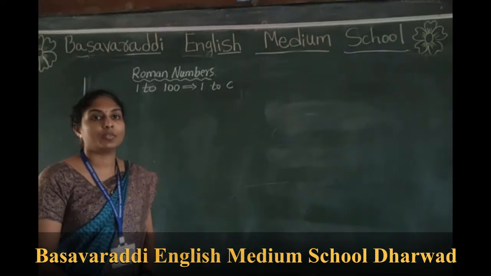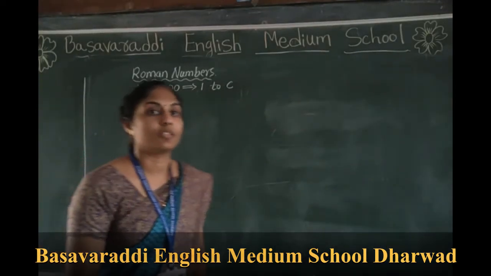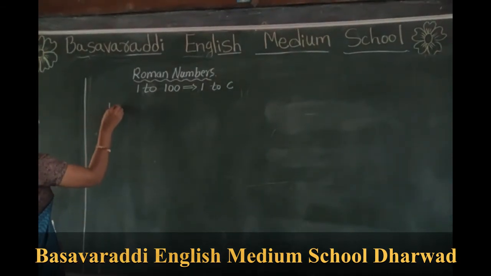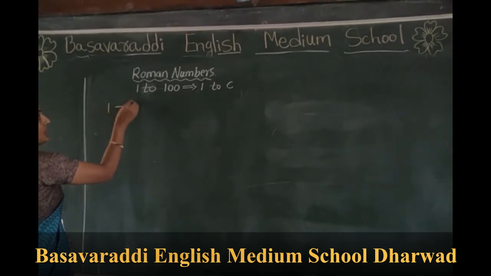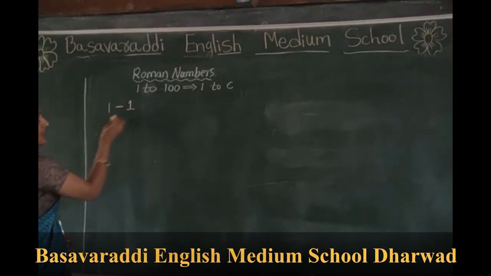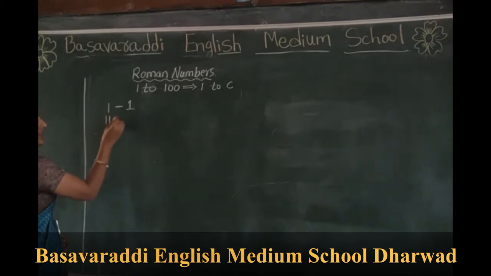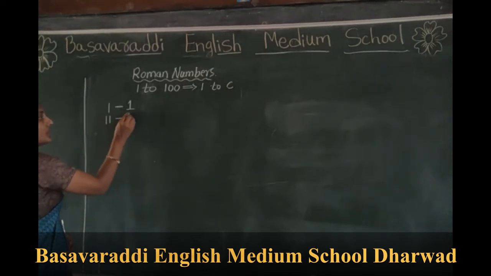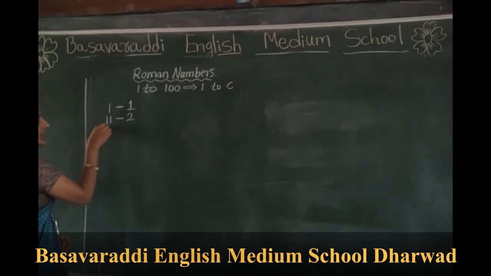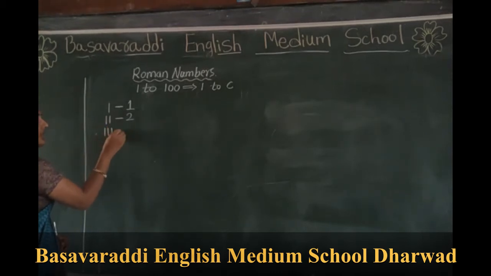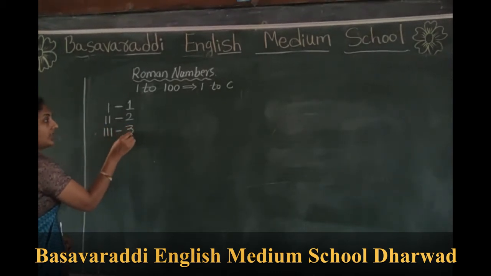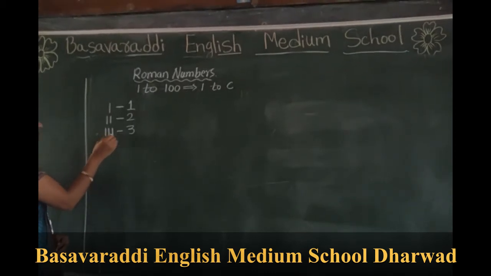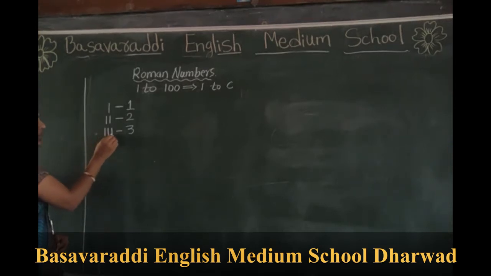Okay. Now we are going to learn how to write the Roman numbers. Okay, let us start. 1: I is equal to 1 here. The symbols are repeated, it means we apply the first rule. So this shows 2. And again 3 times I, so this means 3. This is applying the first rule, the Roman numerals are repeated here.